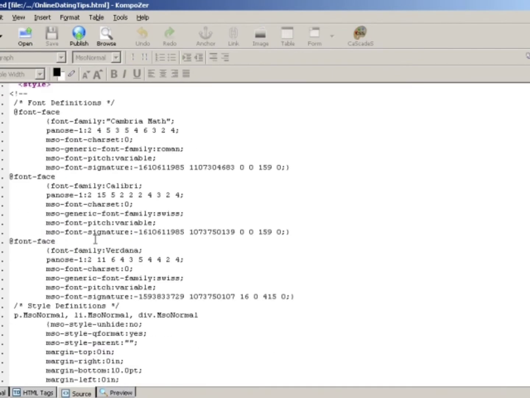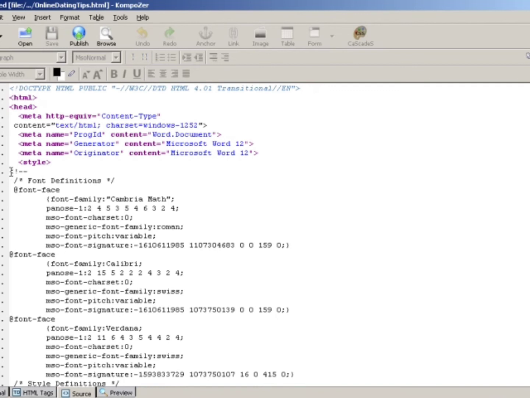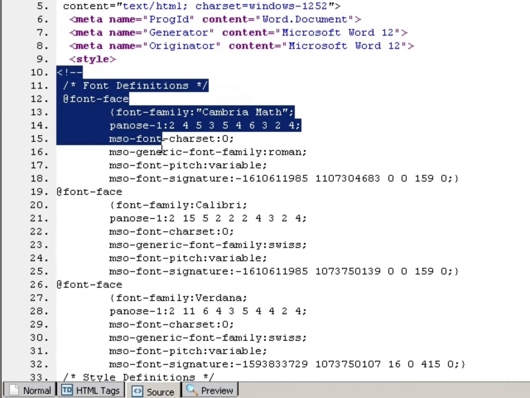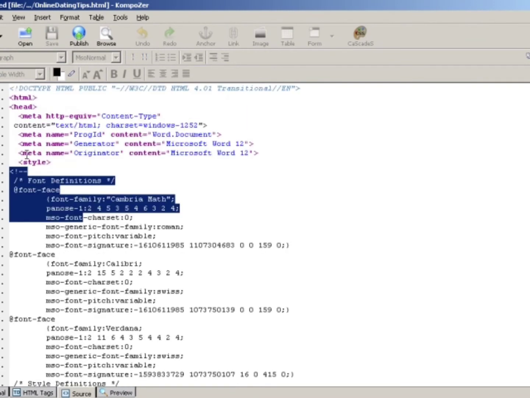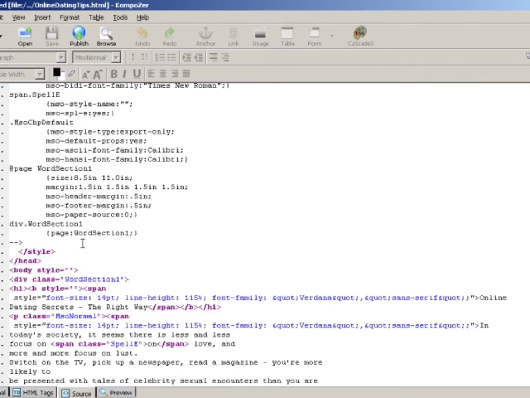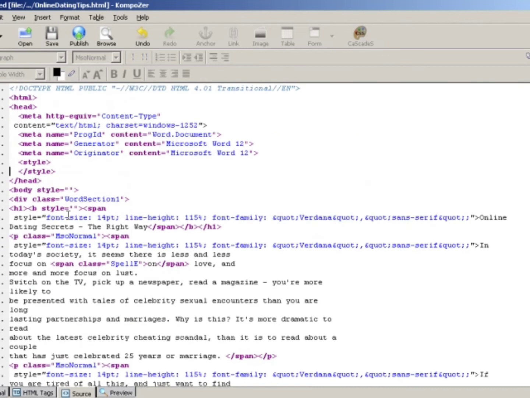Now, one thing I want to show you, if we click on source, don't be shocked and don't be scared yet, because you don't really have to know anything about how to program HTML. All you really need to know is that when the HTML file is created by Word, whether you use Word or Mobi Creator, it's going to add a bunch of fluff to it. So we do need to clean up the code and remove some tags. For example, this inline stuff you really don't need. And what I mean by tags, tags are noted by a less than and greater than sign.